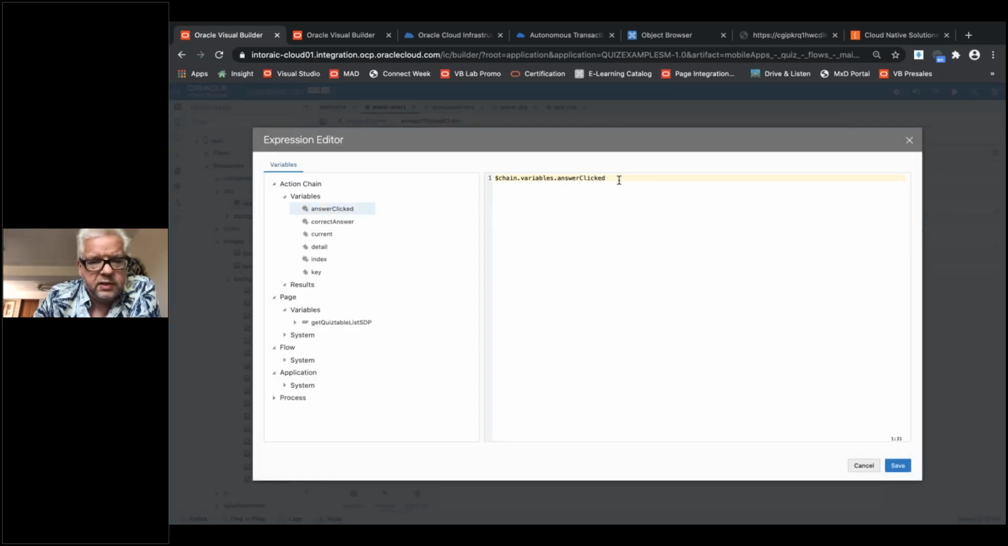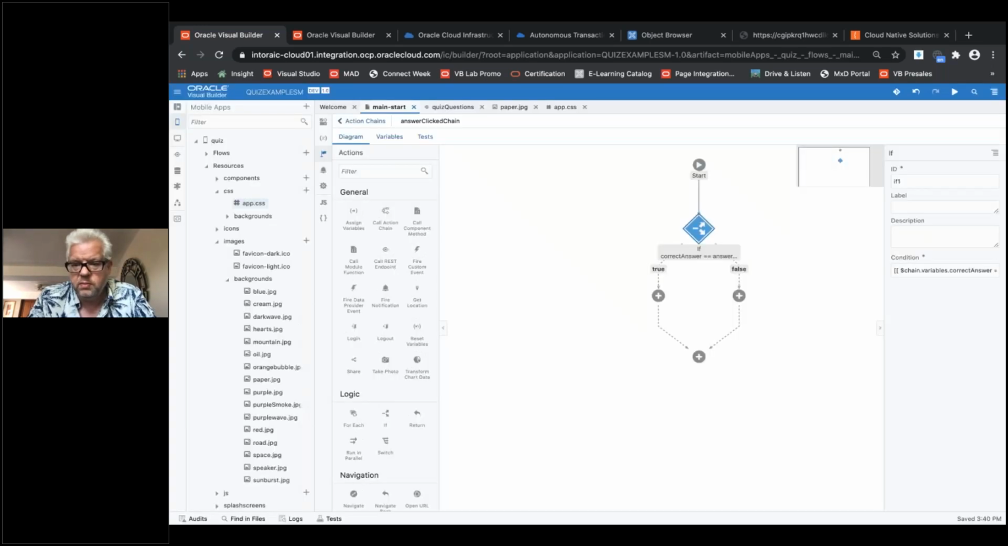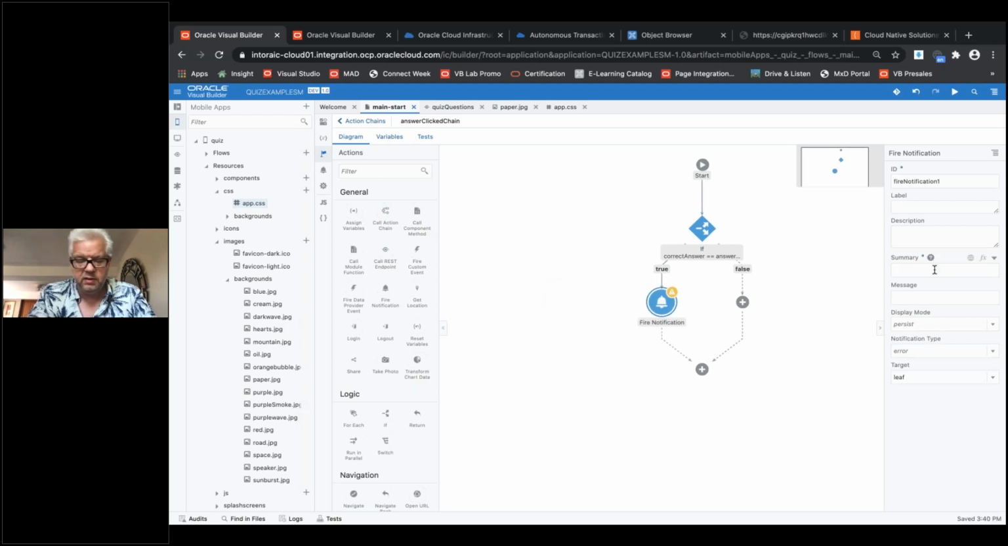If the answer clicked is going to be equal to the correct answer, right? So if the correct answer is equal to the answer that the user clicked, then return true, and we will go down the true side of our action chain. If it doesn't equal, it will go down the false side. So again, I might just decide to put a notification on the screen at this point saying, well done,